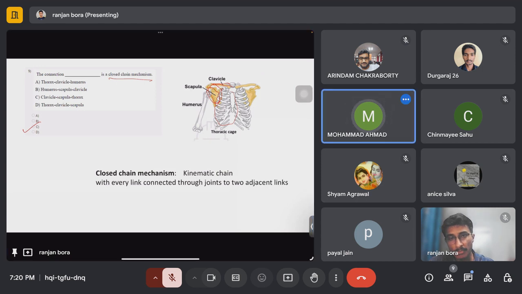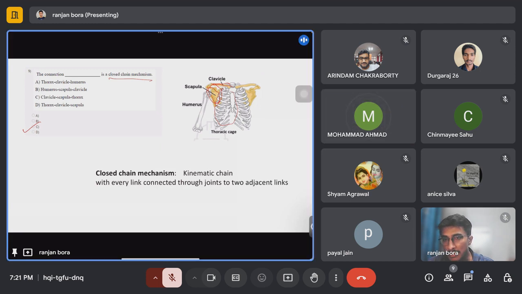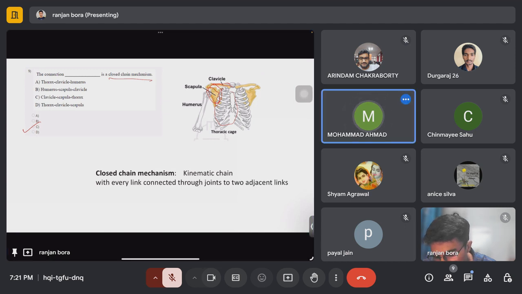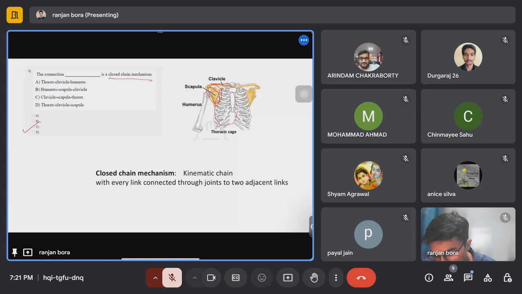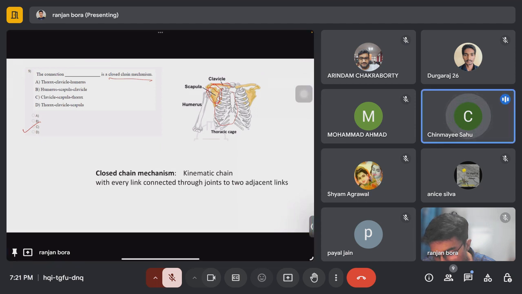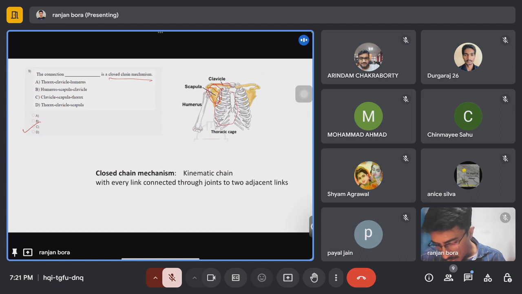Sir, option D is also thorax, clavicle, scapula. And also, okay, C. Okay, yes. Hmm. What is the difference? I think same. Can you define once again this question? Yeah. C means